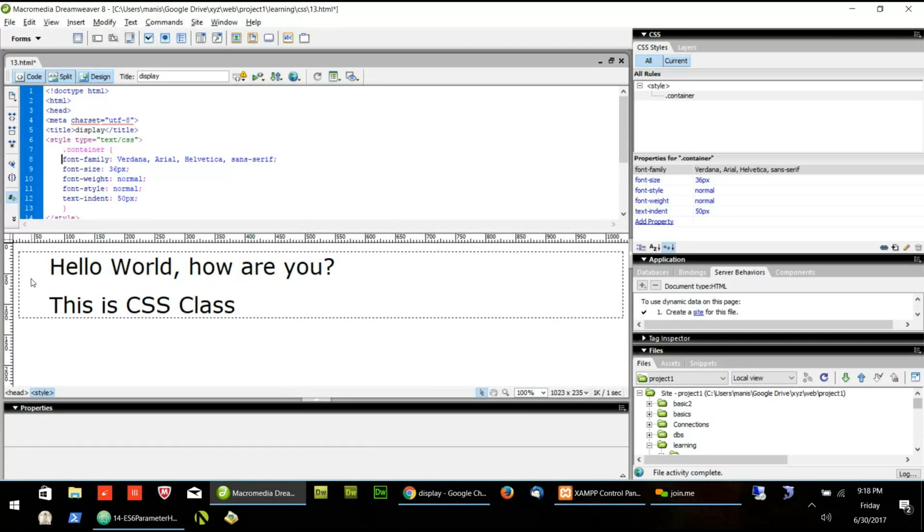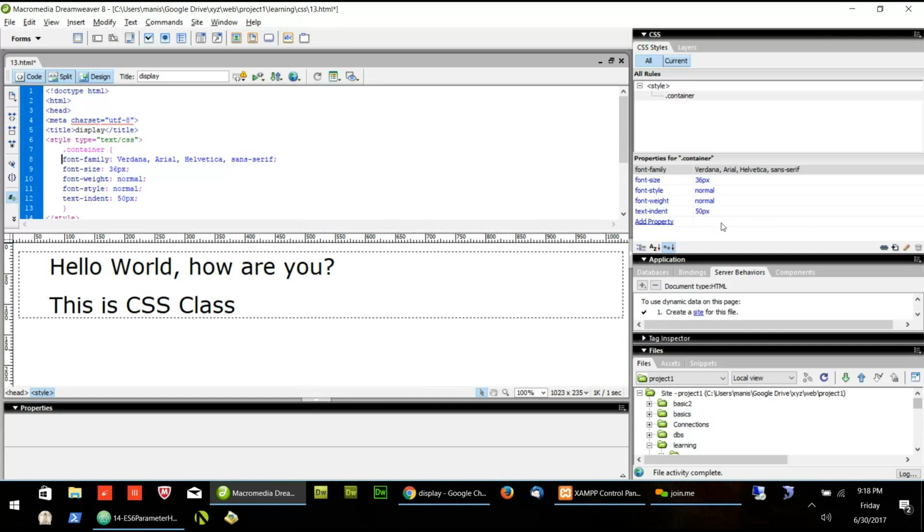So it gives more indentation here. So this is called indentation. That means we give more space on the left side, and that's the reason the text goes a little bit right. If you want to move the text a little bit right, then you use this one.